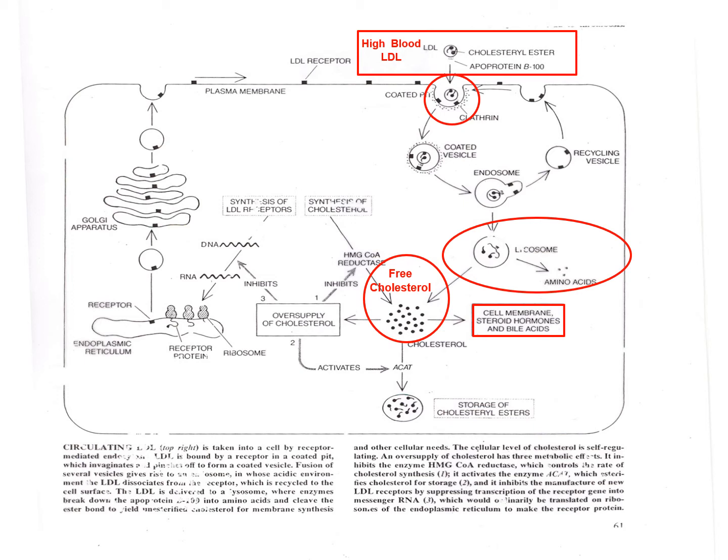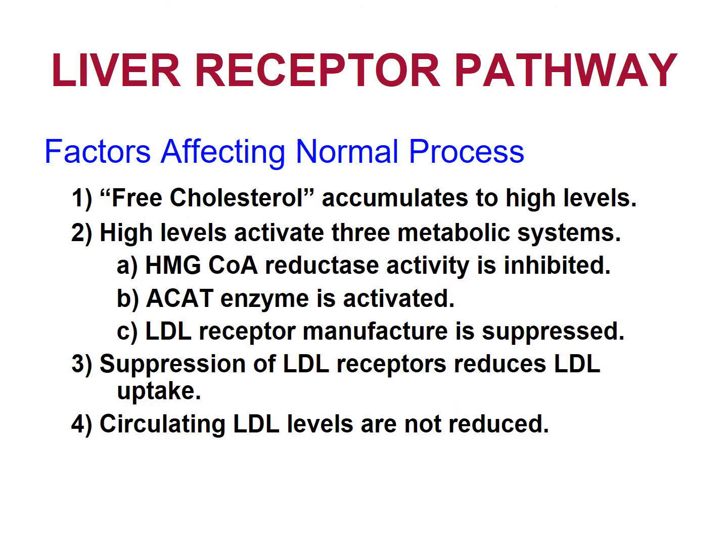And so you can see as the arrow goes to the right that these cholesterols now can be used for cell membranes, for steroid hormones, for bile acids, so they're usable. When they're in the form of cholesterol esters, they're not usable. They're cholesterol esters when they're being transported or when they're being stored. So this free cholesterol is now usable.